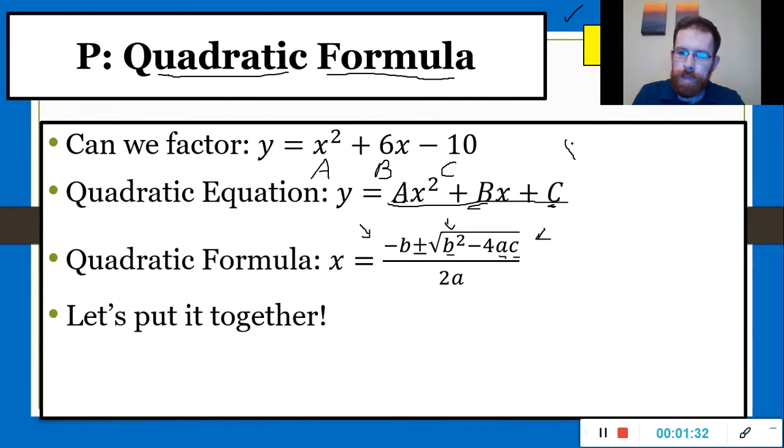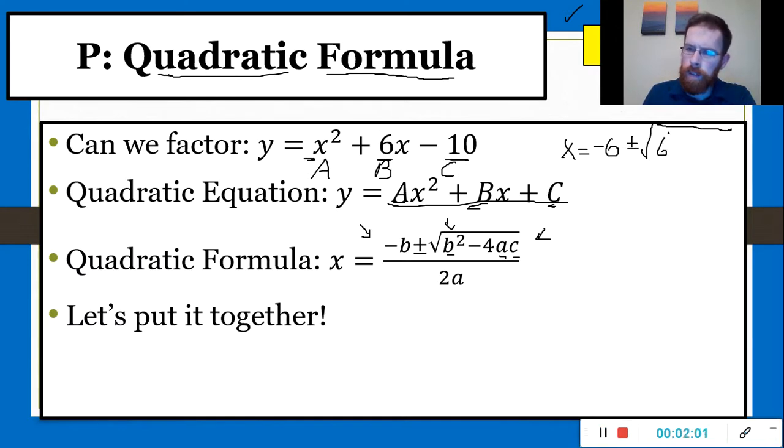And so x is equal to negative b. Well, b is 6, so a negative b would be a negative 6. Do remember, the a, b, and c are not the x's. They are the coefficients in front of the x's. And so, once we have that negative b, I'm going to put plus or minus the square root